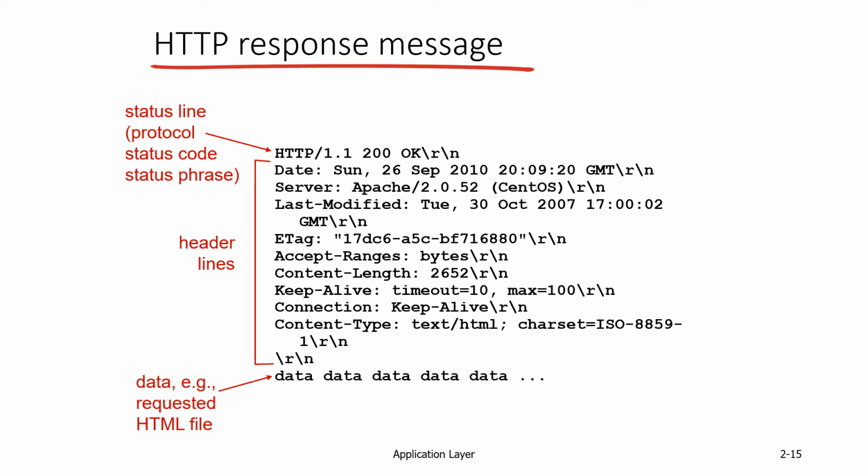Once again, the most important line is the first line. We are using HTTP at the server. We are using version 1.1, and the status code returned by the server is 200. You would have seen a lot of status codes whenever you are trying to view web pages, such as status code 400, 404, 304, 303.